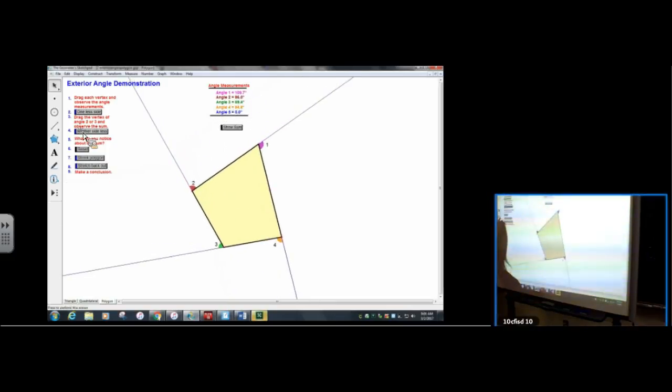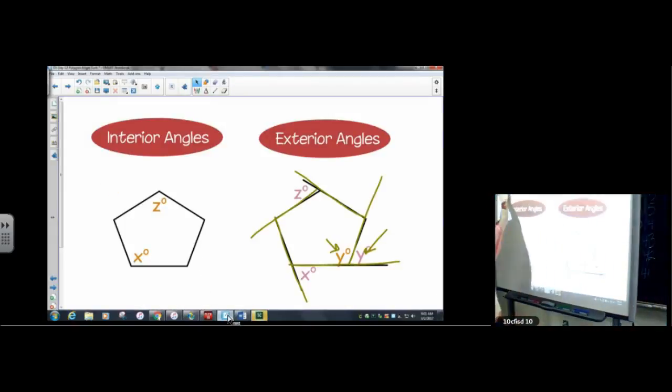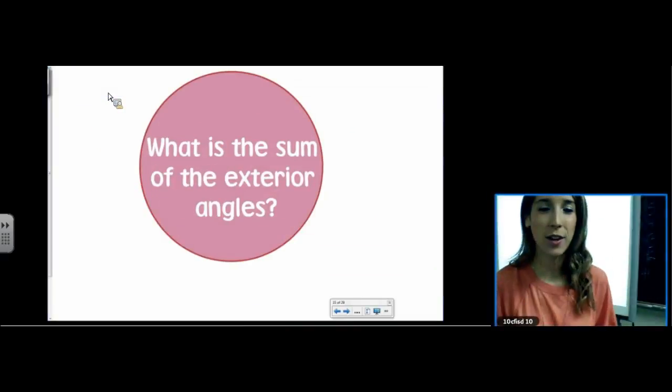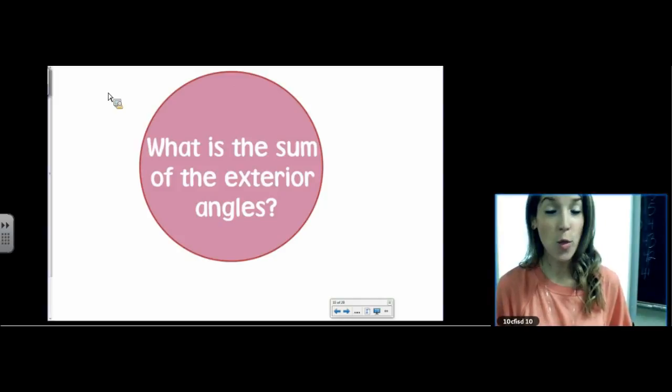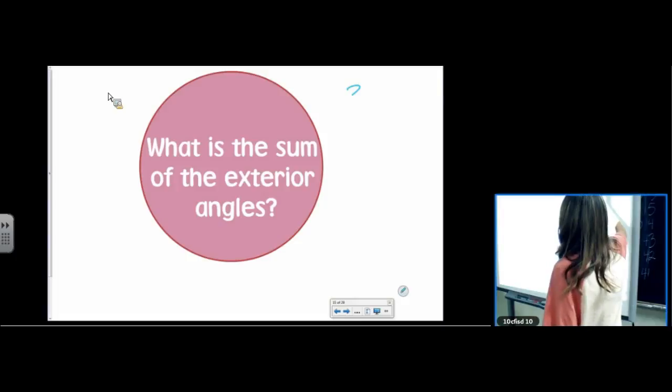Let's do a triangle. Shrink. So now each angle is larger, those angles are bigger, but when you juxtapose them, when you make them adjacent to each other, once again, it makes a circle. That works for concave and it works for convex. So, moral of the story, right? What is the sum of the exterior angles? 360. All the time, every time, go to that column and write it all the way down